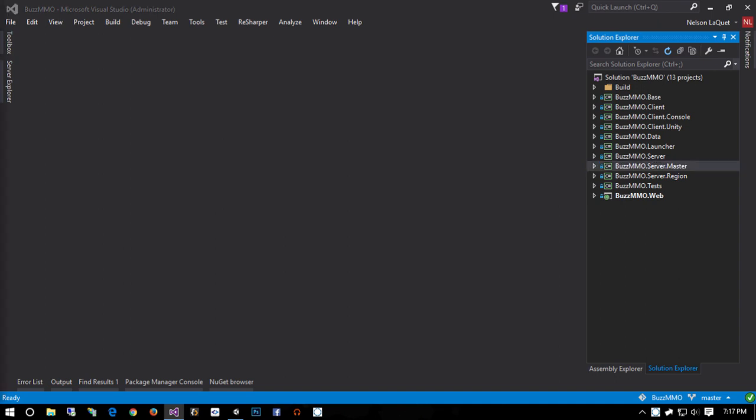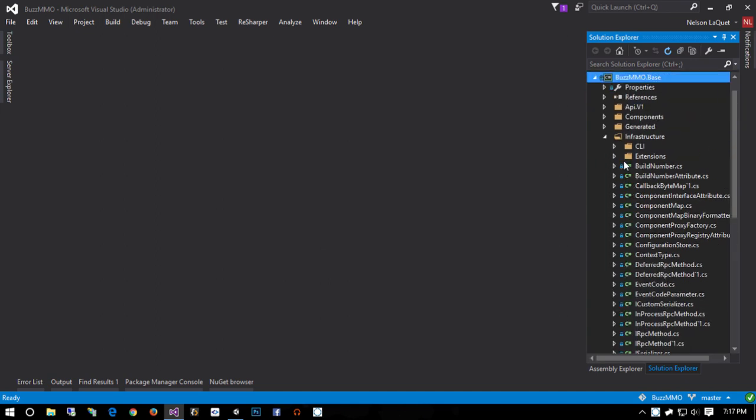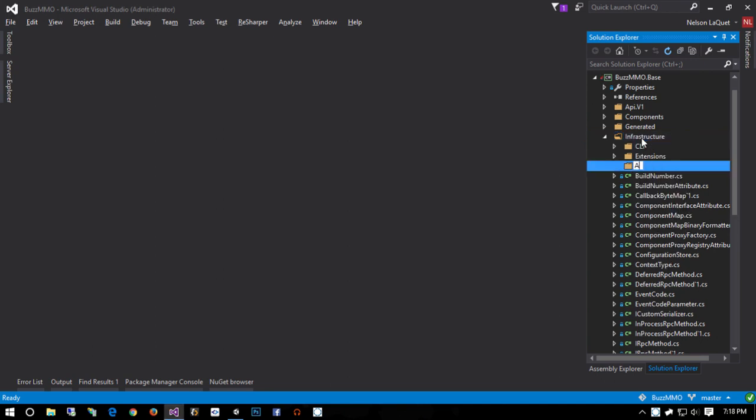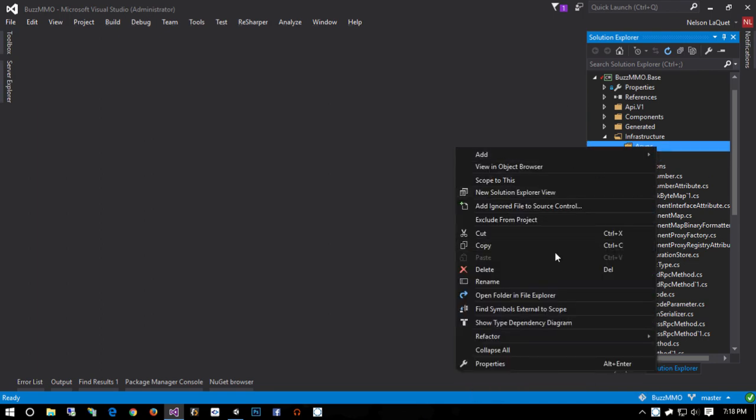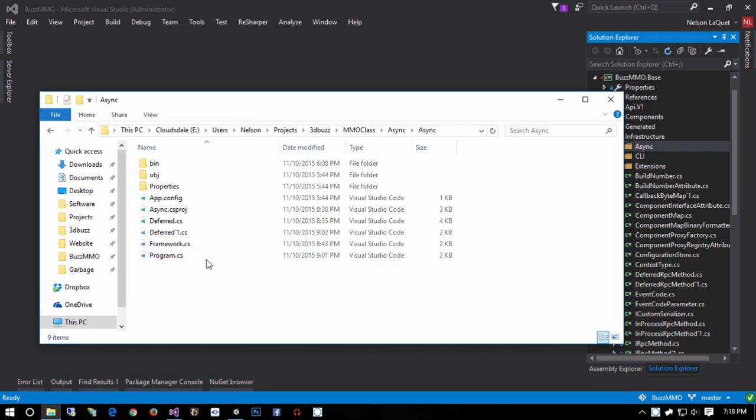So let me go ahead and find that code somewhere on my hard drive, stalling for time, and there it is. And then over here, I'm going to dump it into BuzzMMO base infrastructure. And then I'm going to create, well, I could create a new namespace here called Async. Yeah, I'll go ahead and do that. We'll create a new namespace here called Async. Then I'm going to right-click and see, I have the folder open up right here, right? So you'd think I can go ahead and just take deferred and deferred1 and dump them over here,